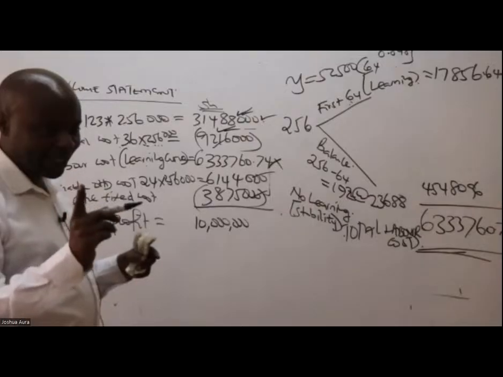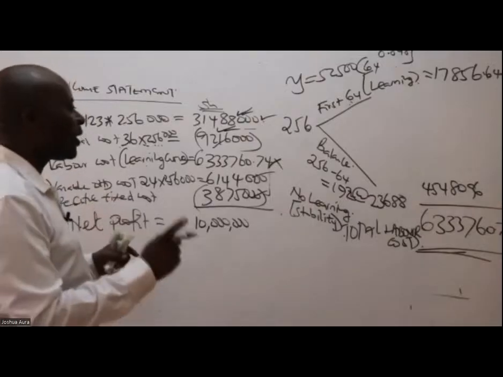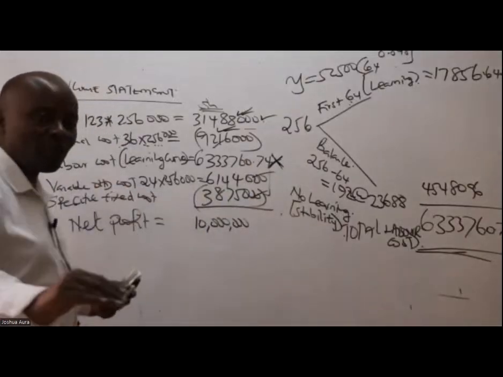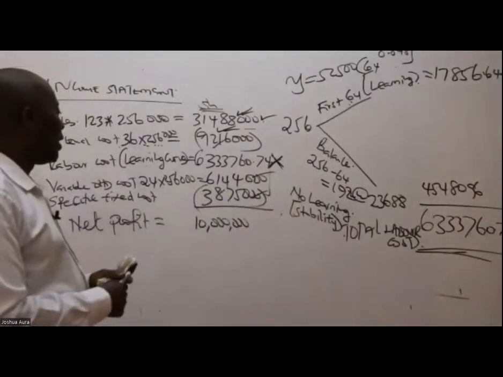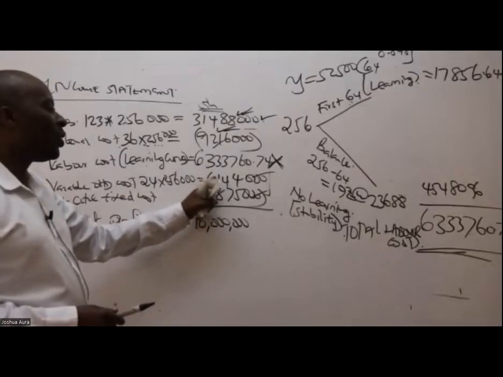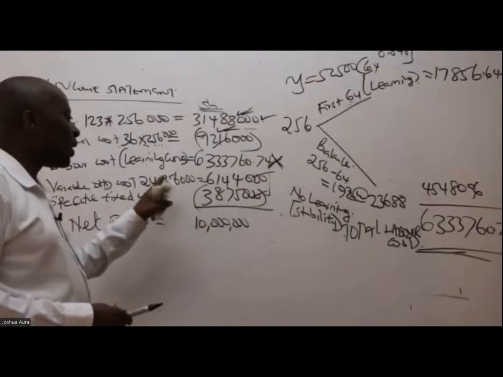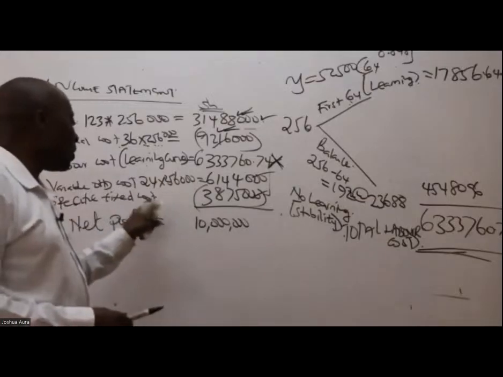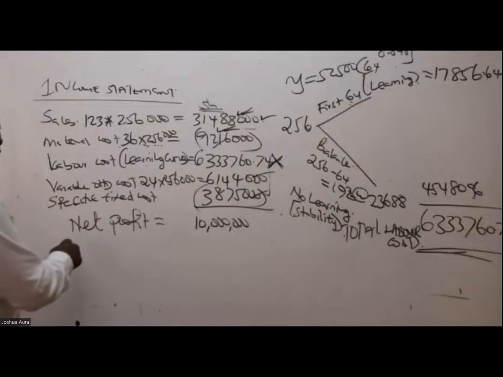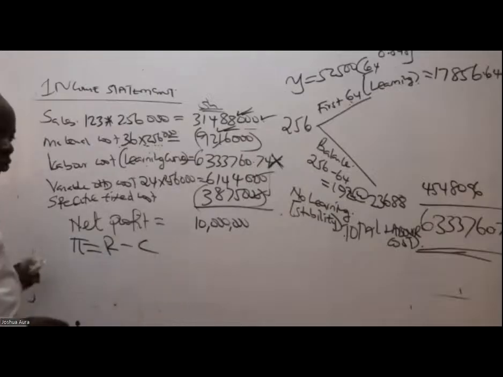Yes, thanks, Eric. Yes, the labor cost is going to change for sure. This one must change because now the learning profile is changing. The variable overhead cost, ladies and gentlemen, will remain the same because you can see it's pegged on 256,000. The same case with the fixed overhead cost. So what I'll do is talk of profit, which is revenue minus cost.